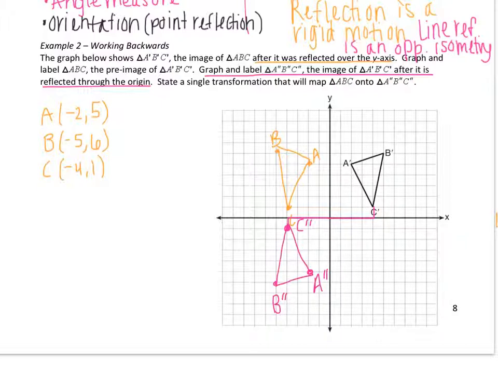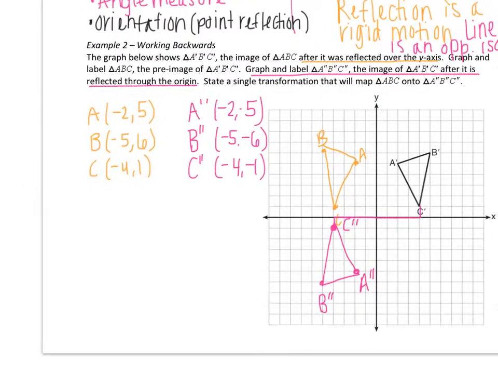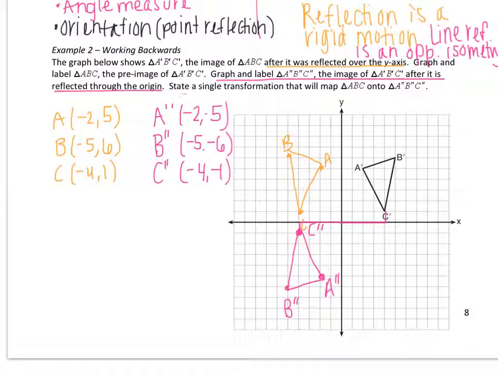I'd like for you to again pause the video so that we can list the coordinates for the double primes. A double prime, B double prime, C double prime. And now our last and final step is to state a single transformation that will map triangle ABC, the original triangle, onto A double prime, B double prime, C double prime. And this is the reason that I wanted to list the coordinates, but also have it graphically, because you can see what's happening to go from the original triangle in orange to the double prime triangle in pink. It looks as though I'm reflecting over the x-axis. So here I'm going to say reflection